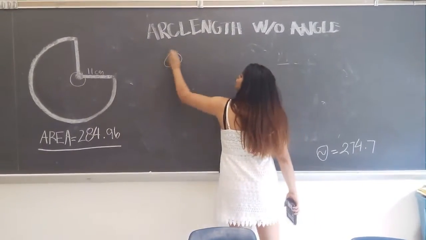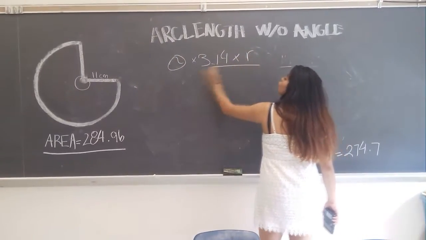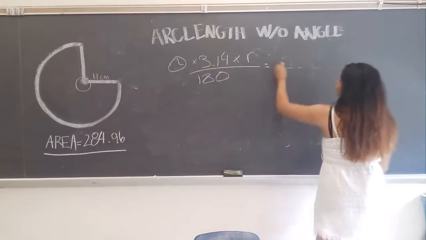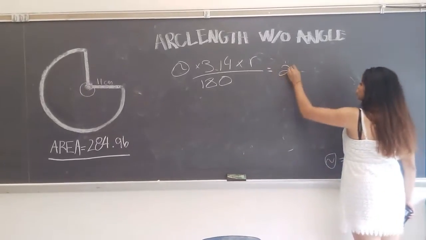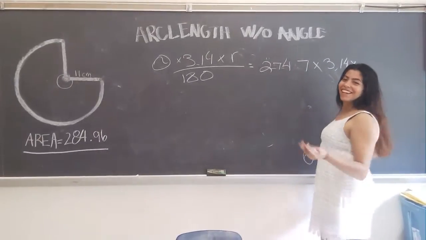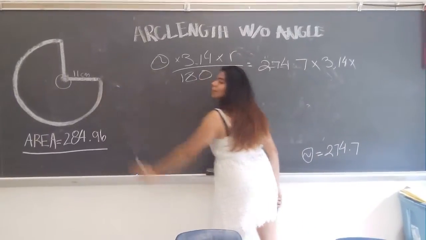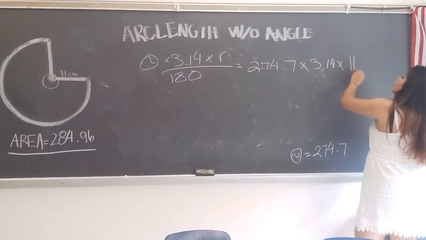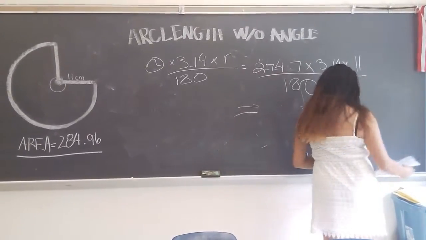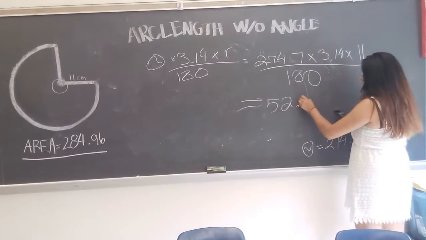So it'll be central angle times 3.14 times radius over 180. And then you just plug it in. So the central angle is 274.7 times 3.14 times the radius. Now we get to radius. The radius is 11 centimeters, okay, over 180. And what did you get, you guys? Final answer, plug it in the calculator, 52.7